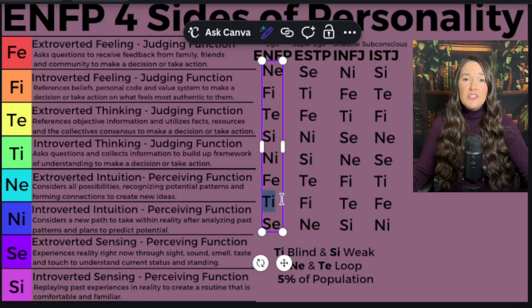Now, with Ti as your weak function, that does not mean you don't have a Ti. It does not mean you don't have a framework of information on any given subject that you're passionate or interested in. It just means when you're communicating with this world, you're going to respond to people with, oh, but I feel like this. Oh, I feel like that's a great idea, but XYZ. Instead of saying, oh, I don't think that's going to work, you don't want to necessarily trample other people's passion projects. So you're not going to come at most conversations being super logical, trying to be like, I think, and lecture other people on what you think you're supposed to do in a situation.